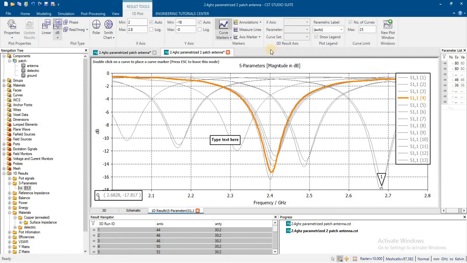Similarly, we will study the other properties, parameters, and concepts related to band shifting, increasing the bandwidth, improving VSWR, improving return loss, and minimizing insertion loss when we start the antenna tutorial series.